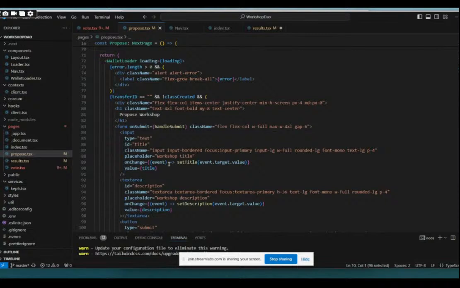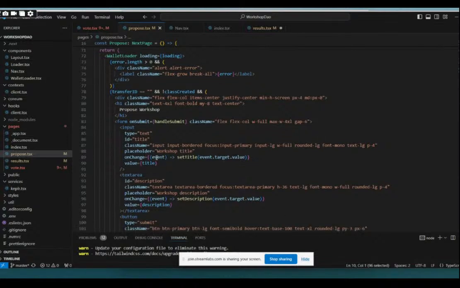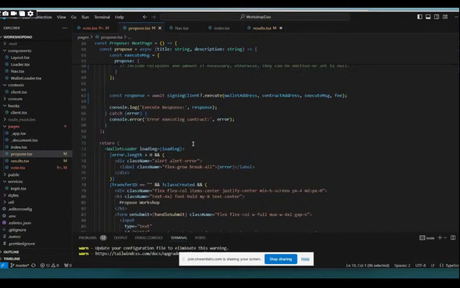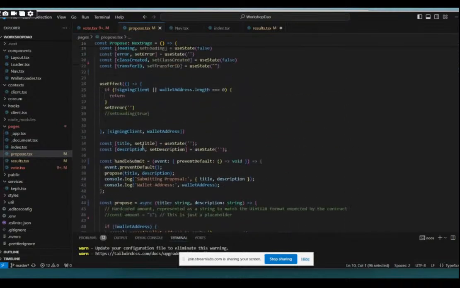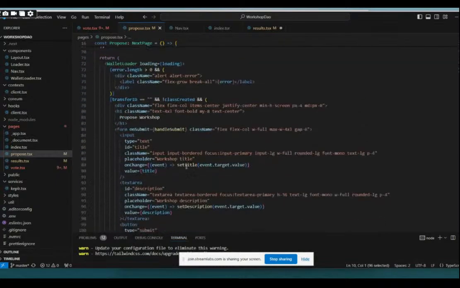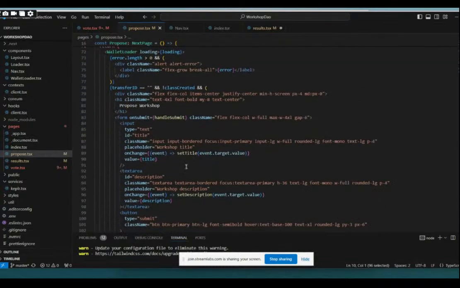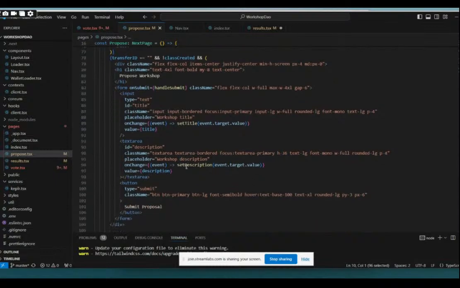And when the value is changed in the text fields, with this on change event right there, we set the title and description with these useState variables that we've defined up here. So we set the title, we set the description, and that's how we get those variables set up. Then if we go down to the button that we've defined